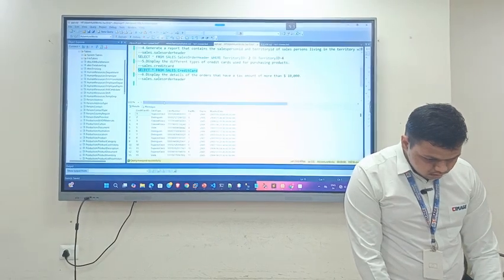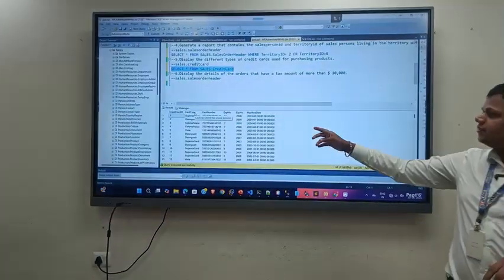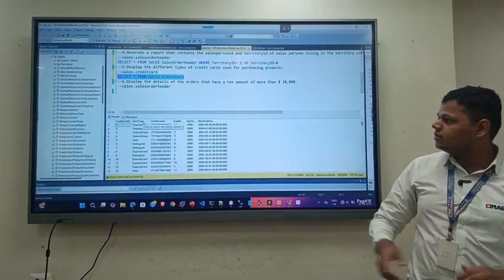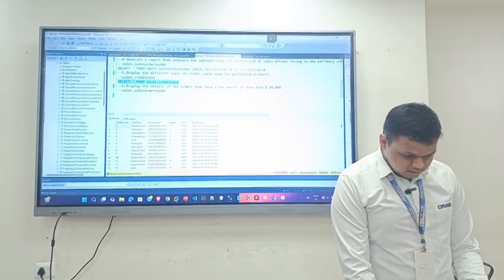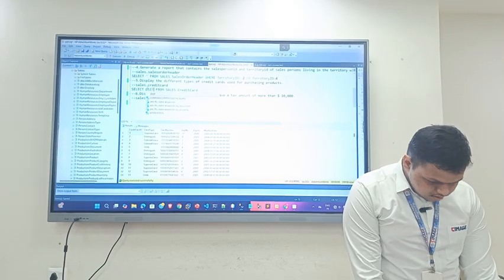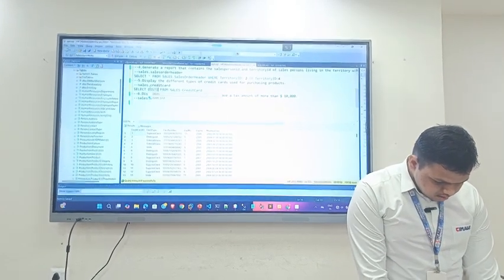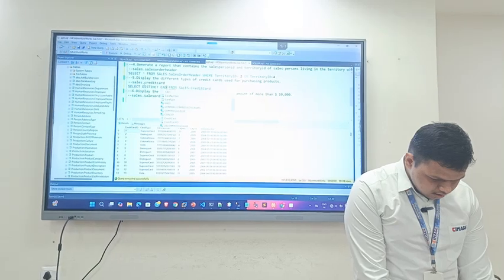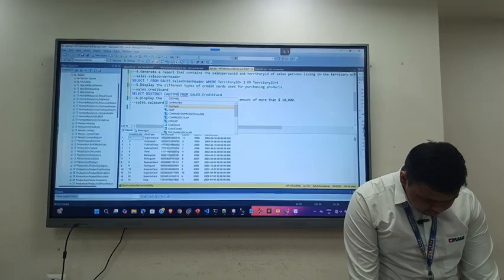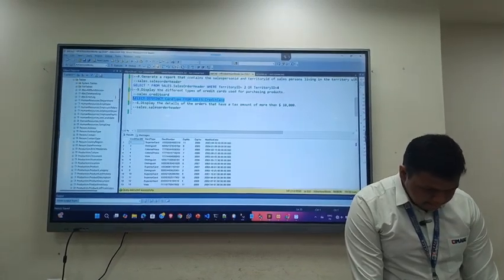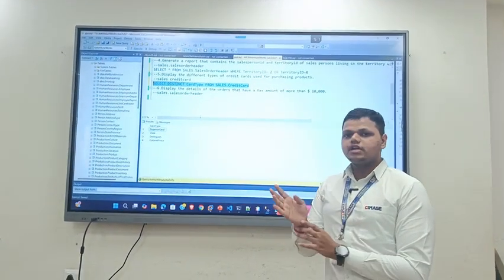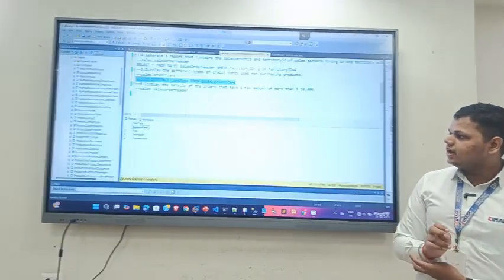Here the column name for the type of credit card is card type. So I will be using that column name here. Select distinct card type. So here we can see that in this table we have only 4 types of credit card, that is Superior Card, Vista, Distinguished and Colonial Service.